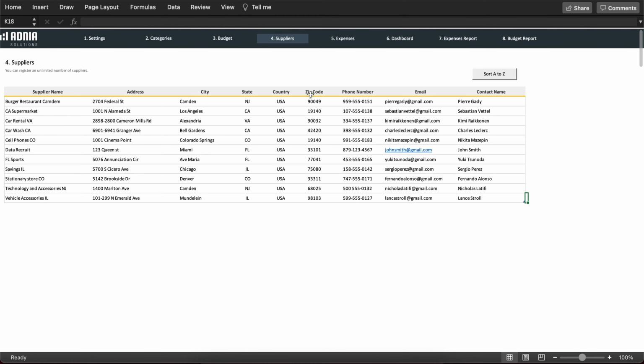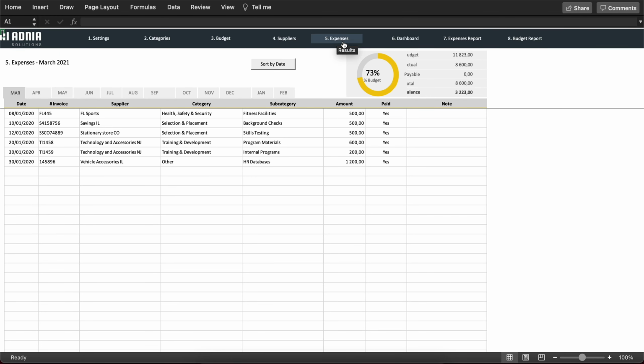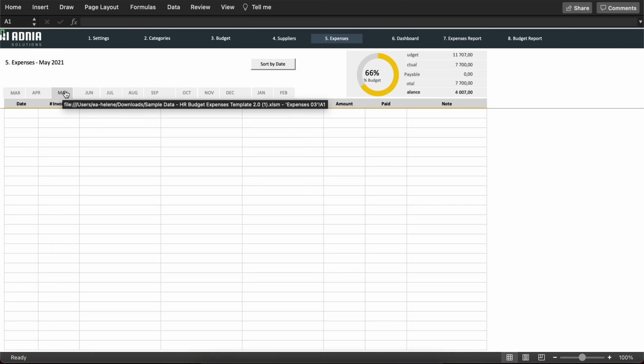Perfect. Next, the Expense tab. This is where we enter all expenses and indicate their details. Let's say we had an expense in May. We'll indicate the date, an invoice number, a supplier,